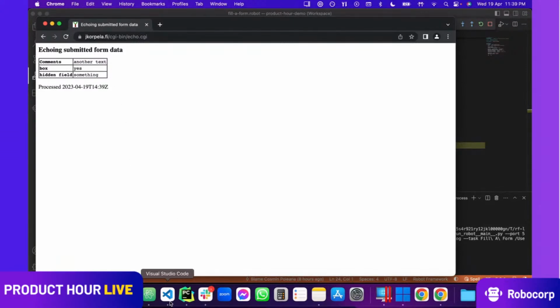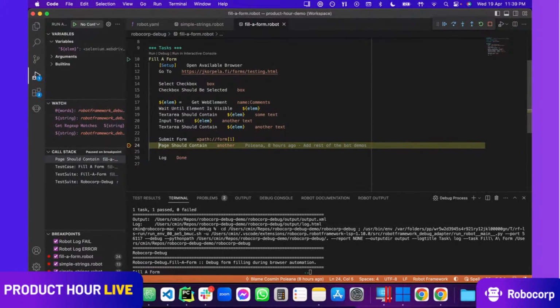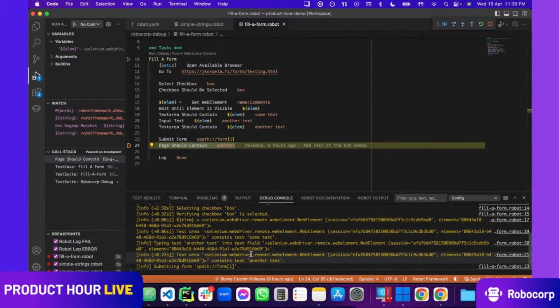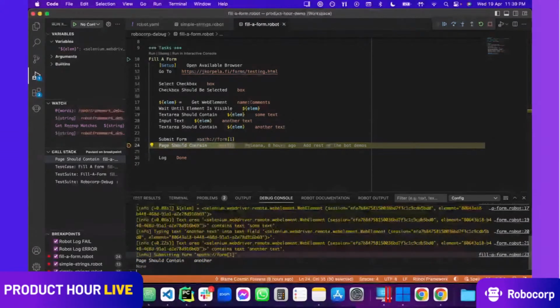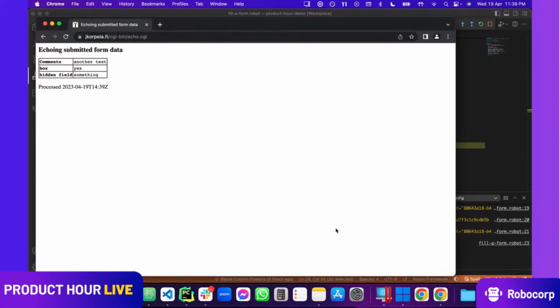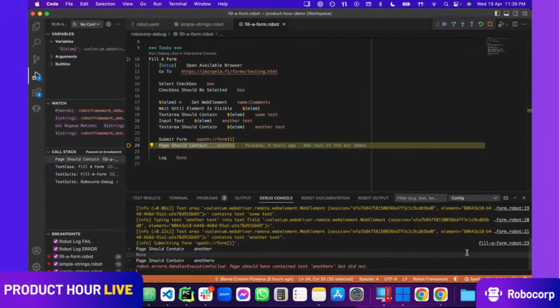And just for testing purposes, let's say I'm copy and pasting this instruction here, going to my debug console and pasting it here to check how it works. It works. And who knows, maybe that will work all the time. Let's change something here, like putting an X. I can see immediately that this jumped out of the blue here in my page, and that usually means that something bad happened. So page should have contained text another X, but it did not.